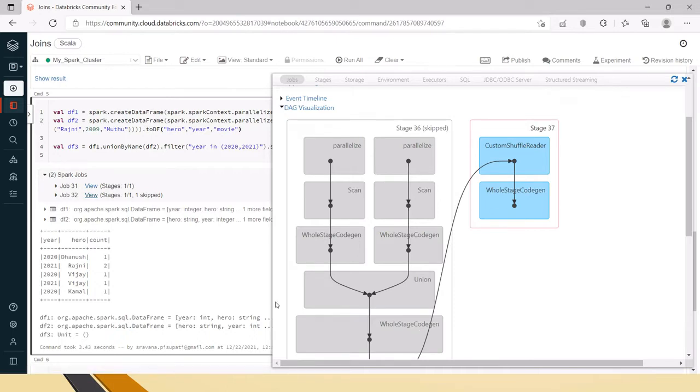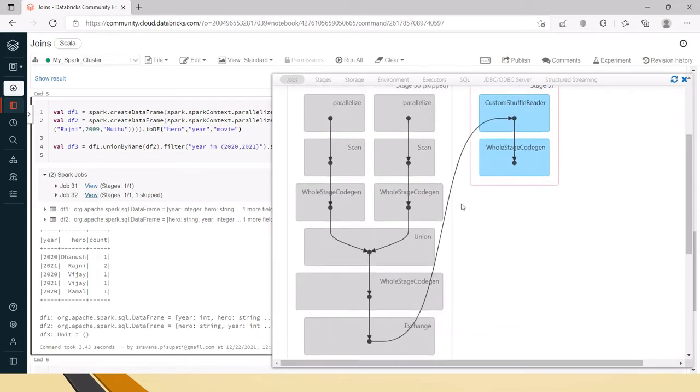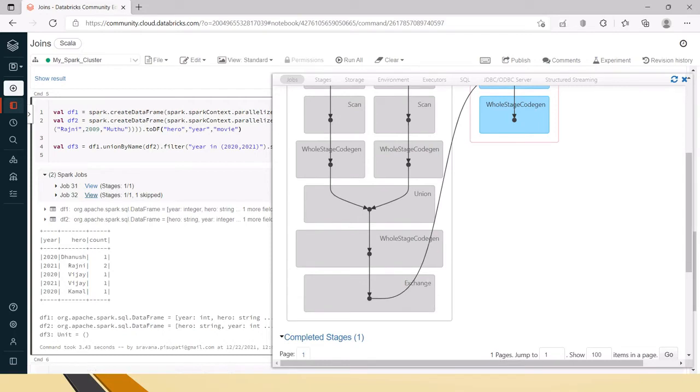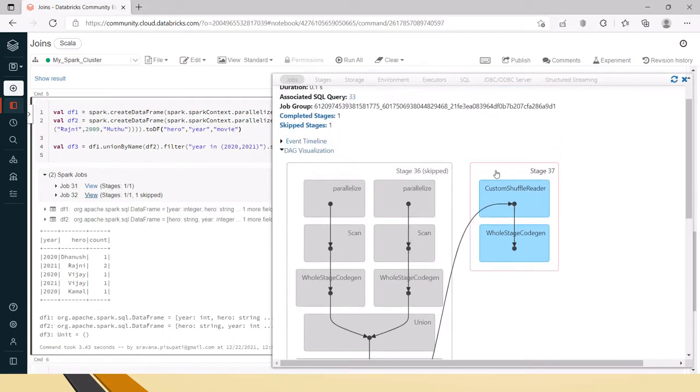The stage 1 result will be returned to the exchange buffer, and from here it will be sent to the next stage as input. The output of this stage will be the input to the second stage using this buffer. This is called the exchange buffer. Here we will have the write exchange buffer, and when you send, internally it will have the read exchange buffer. From there it will read the data and process further.